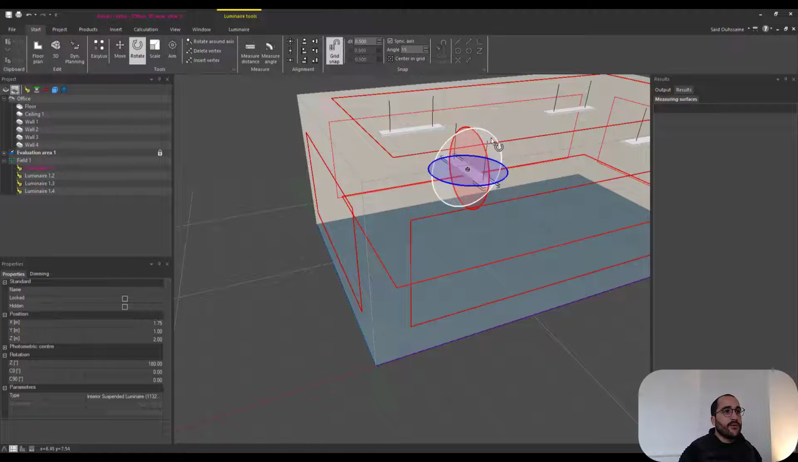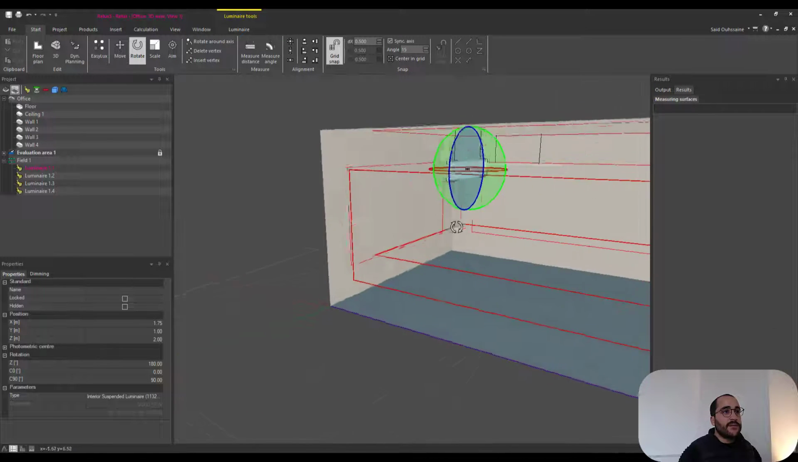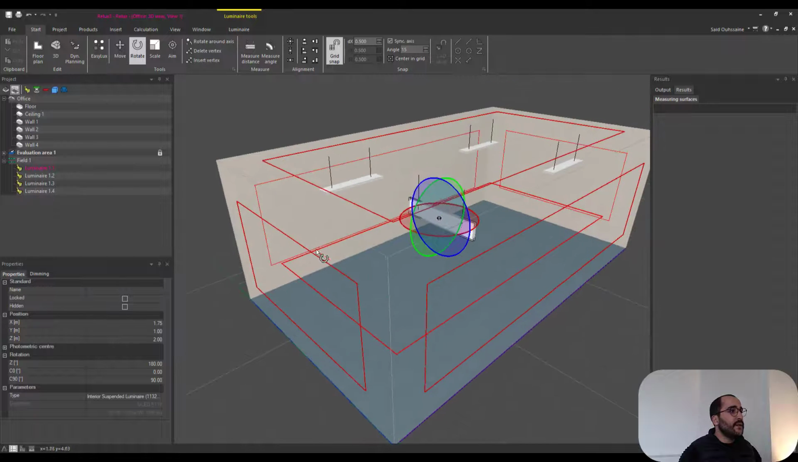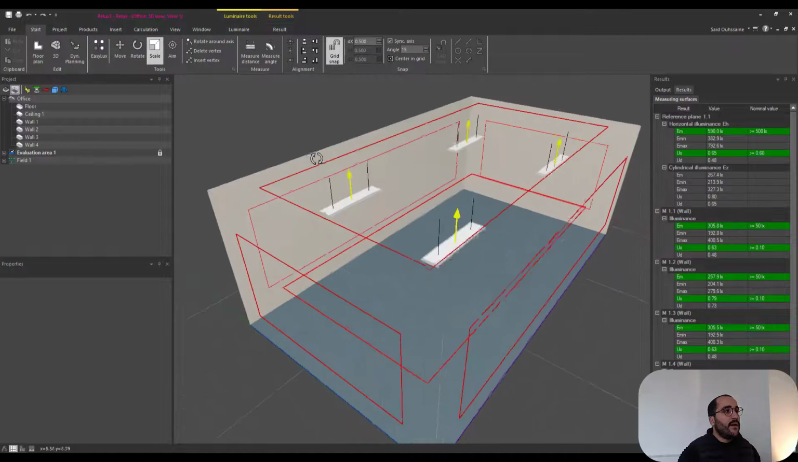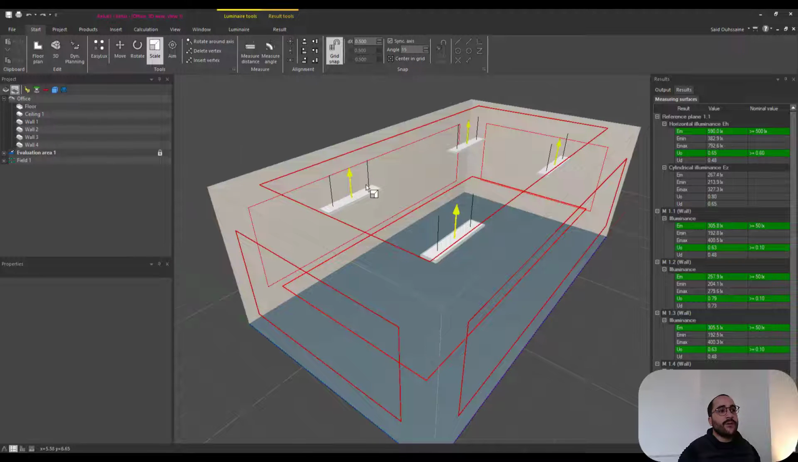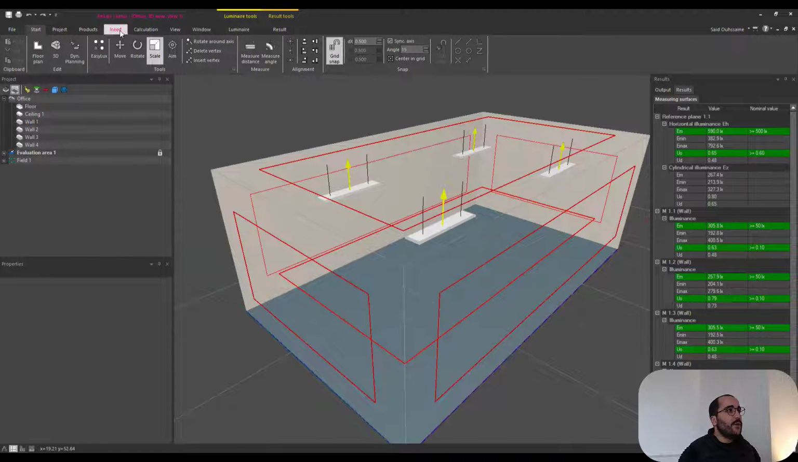You can also rotate it this way. Depends on what you need exactly on your project, but let's Ctrl Z this now. And then there is scale, but we cannot scale luminaires. Let's go and insert